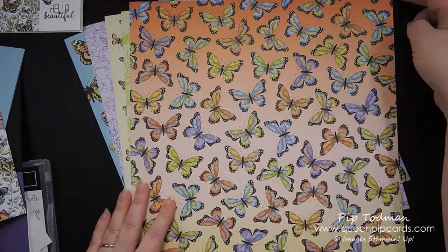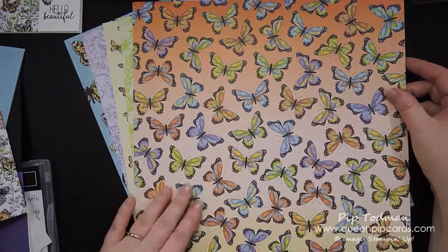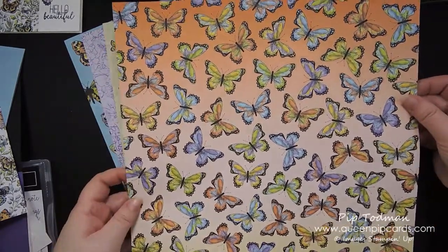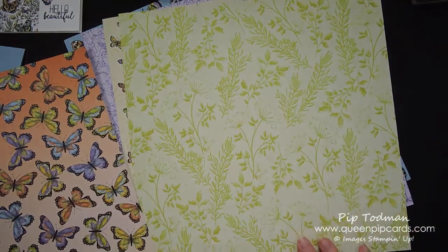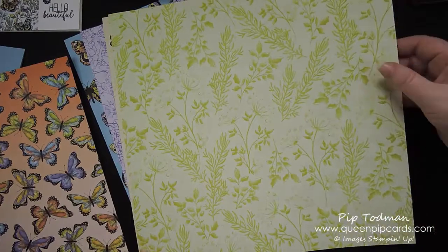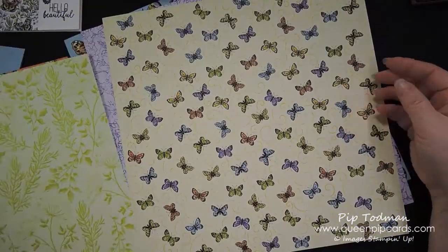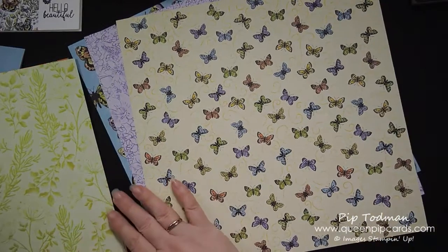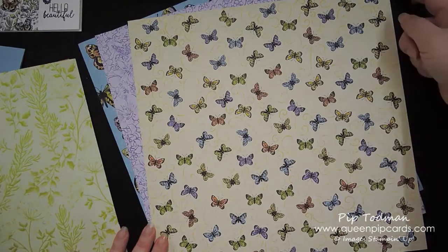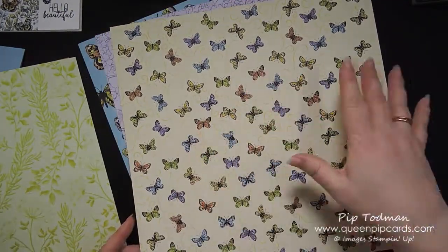And then you get this beautiful one, which is an ombre from yellow through to orange, butterflies all over. Then this one, which I love, it's like a lemon lime twist. Don't know, pasture, I guess is the word for it. Then probably a wildflower meadow sounds nicer than pasture, but you know what I mean. Then we have this one, which is So Saffron at the background, and then lots of little tiny butterflies all